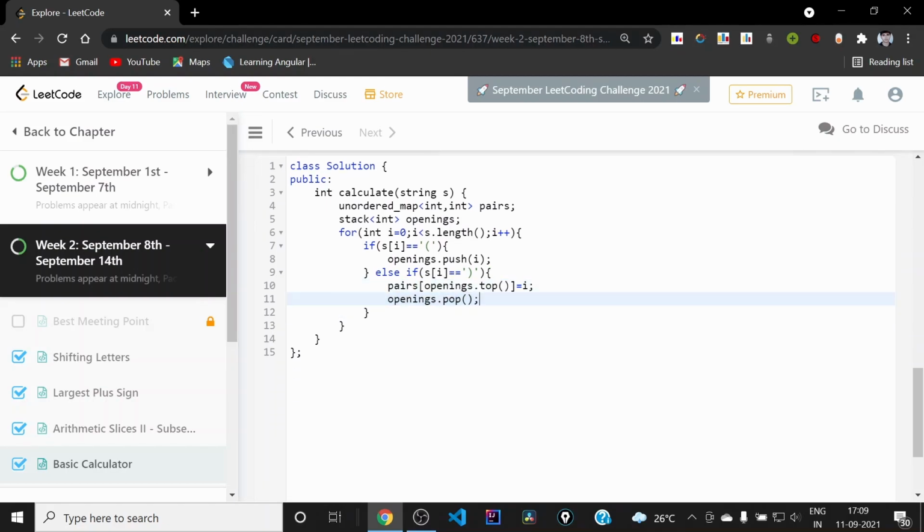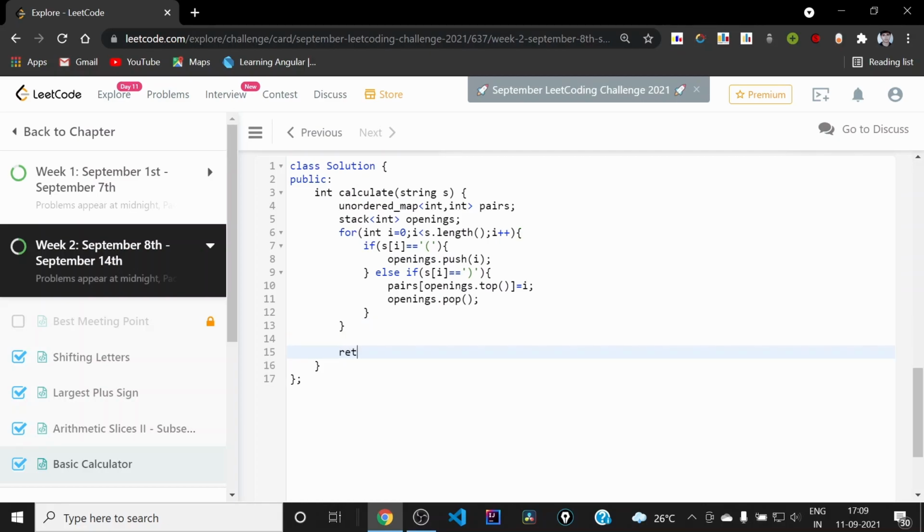Only these two characters matter for us because all other characters are not going to affect the calculation of this thing. So this whole loop will calculate the pairs, and now we can